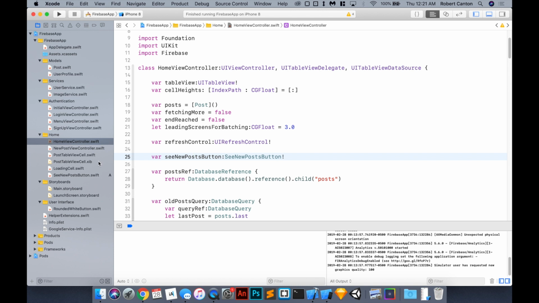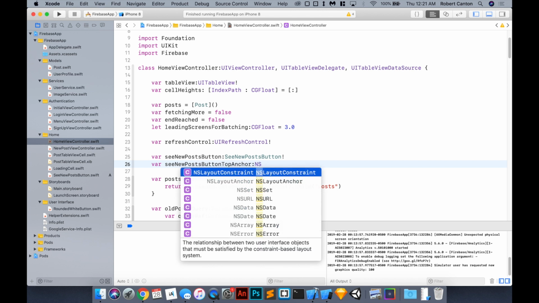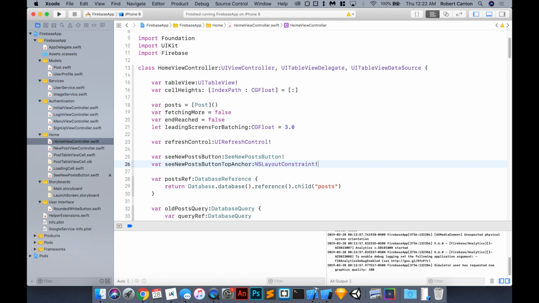And again, you can just copy this button file from GitHub, or you can just write it on your own. It can be any kind of button. And then I'm going to say var cNewPost button top anchor. And that's going to be an NSLayoutConstraint. And that's because we've got to keep track of the top anchor for this button so we can animate it